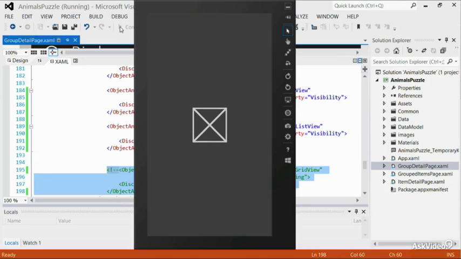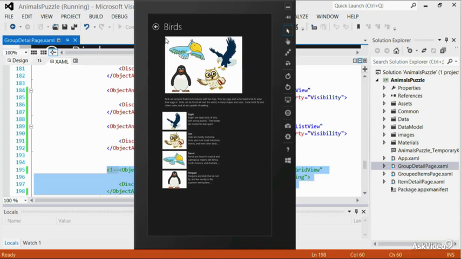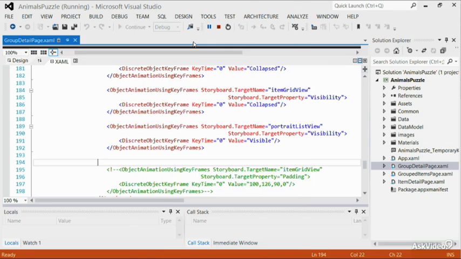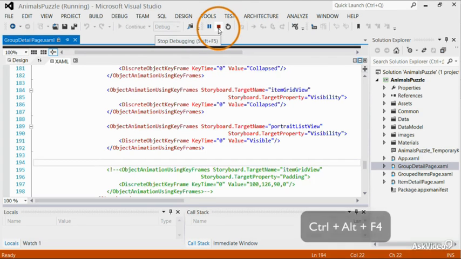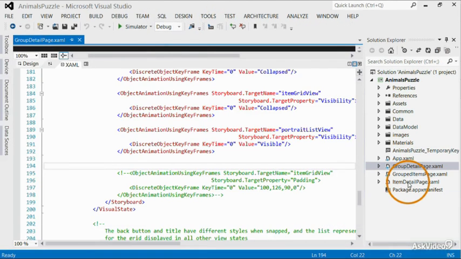After the application has loaded, click on the Birds group title. Ensure that when the orientation is in portrait mode, all the items have moved below the group picture. Next, close the simulator by pressing Ctrl, Alt, and F4, and then press the Stop button. Open